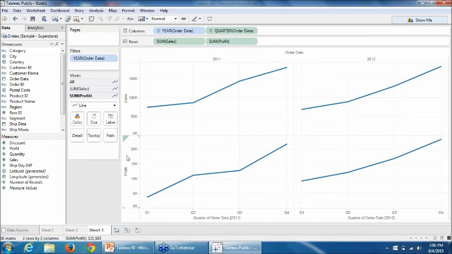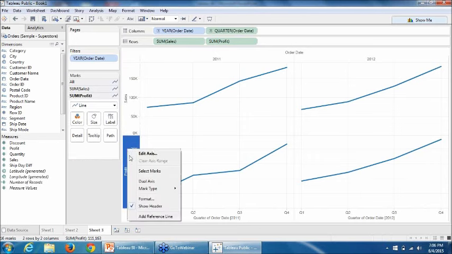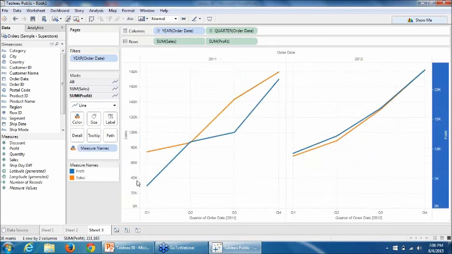Now let's say I want to have this view on a single axis. What I can do is create a dual axis. I'll click on profitability and click on dual axis. So now I have two charts, 2 years, and sales and profitability. However, I'm still not able to compare 2011 and 12.